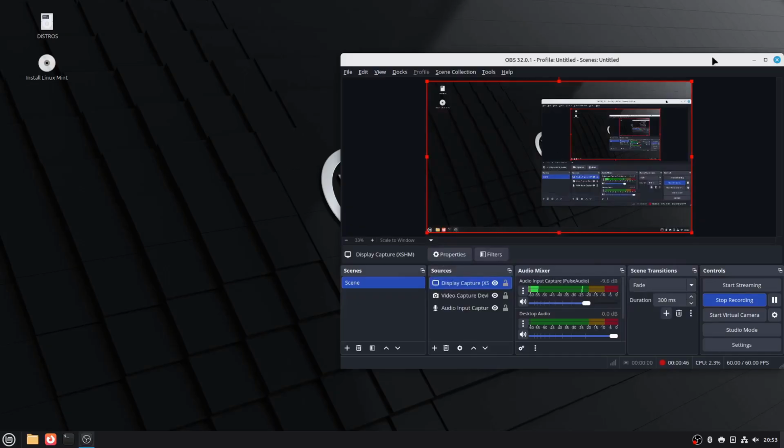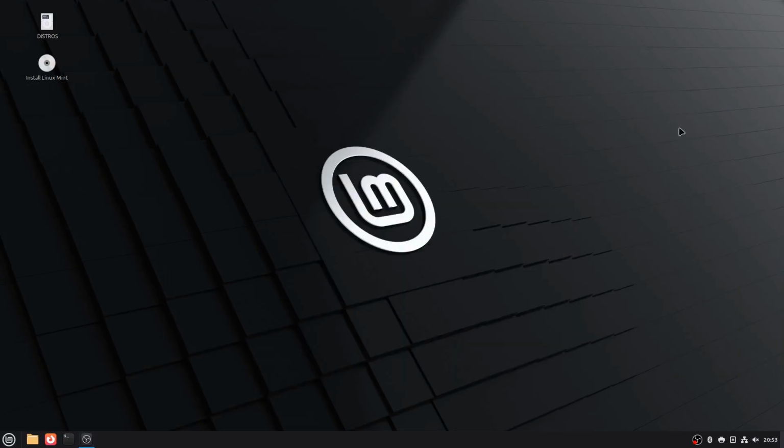Okay, now you can see it. And get rid of that. Now you can see the desktop. So if we were to go up here, we would double click this, it would install Linux. But we're not going to do that today because